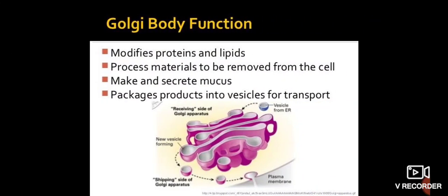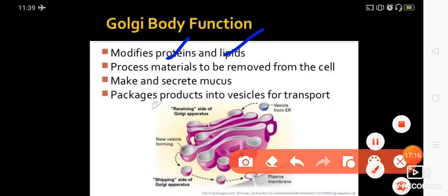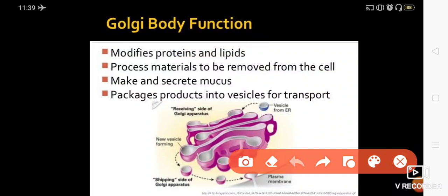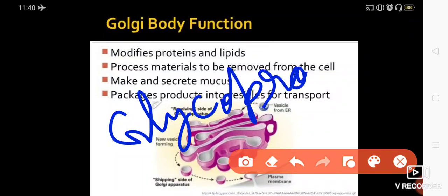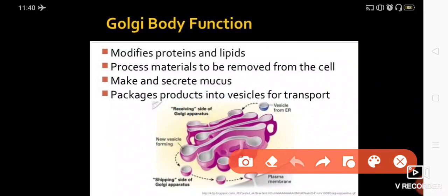Okay, so if I describe the function of the Golgi body in detail, whatever proteins and lipids are synthesized by the endoplasmic reticulum, the Golgi helps in modification of the lipids and proteins by adding glucose. They form glycoproteins or glycolipids. They add the glucose part into that, and these glycoproteins and glycolipids will be helpful in the formation of the cell wall or cell plate.